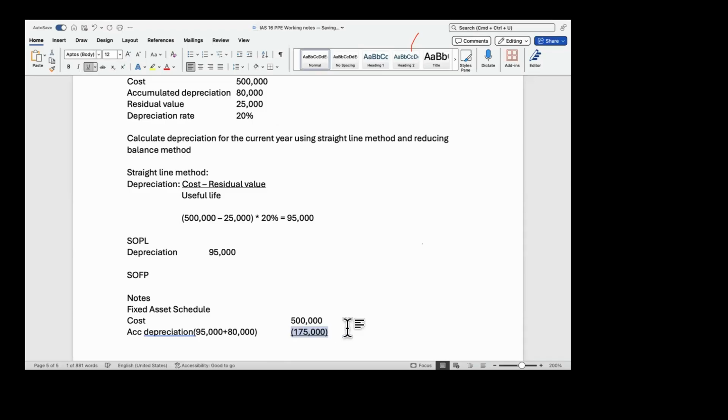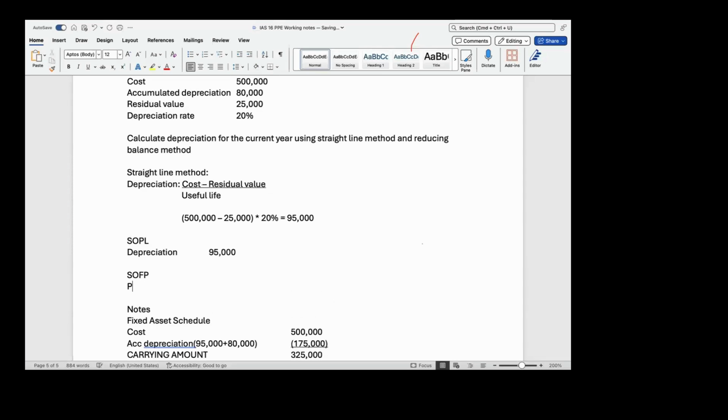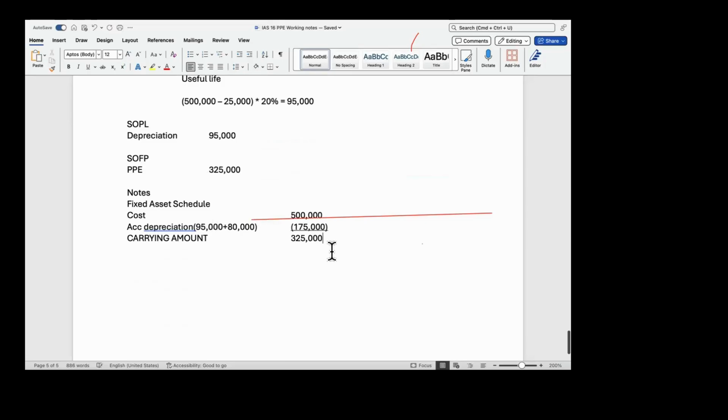So that means our carrying amount is how much? 500 minus 175. How much is the carrying amount? 325,000. So it goes to our SOFP, 325,000. Now, using reducing balance method,